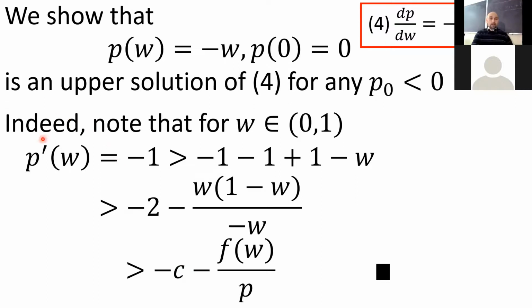So I got that P, defined as P of W equals -W, is an upper solution of equation 4 of the ODE 4. All right, and that's it. So now this means what? If I come back